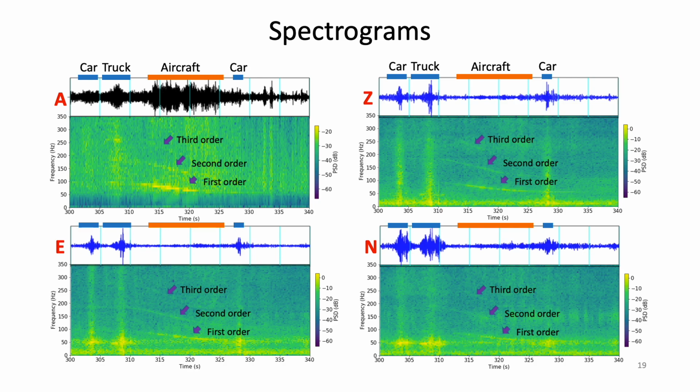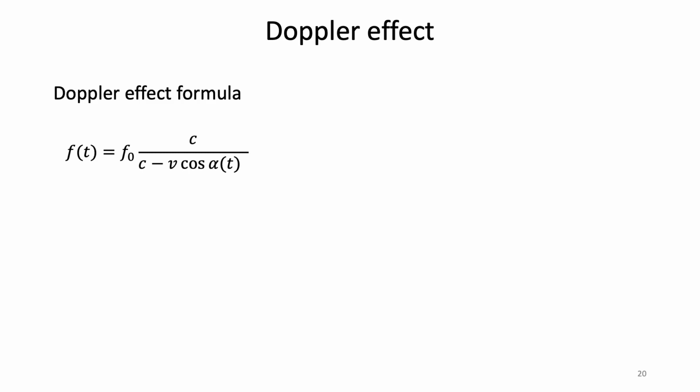Since the airplane was flying at an altitude of several hundred meters, the sound wave mostly impacted vertically. Consequently, the ground motion is stronger on the vertical component than on the 2 horizontal components. The Doppler effect is used in some types of radar to measure the velocity of the detected objects. Now, I will show how to use the Doppler effect to obtain flight parameters of the airplane with seismic data.